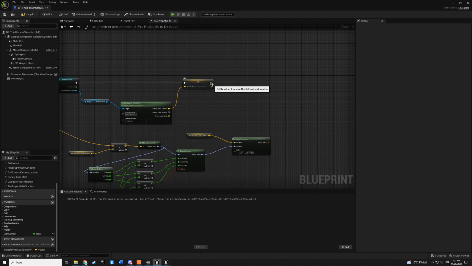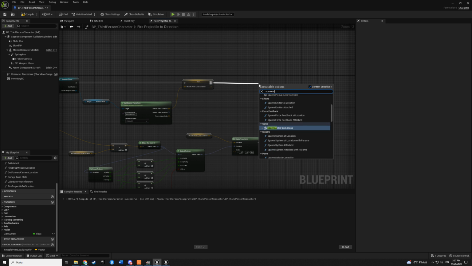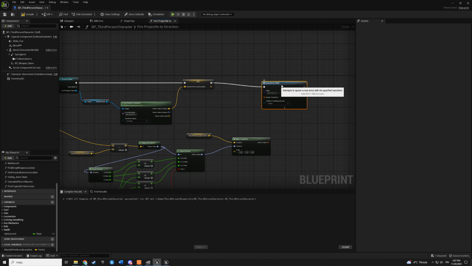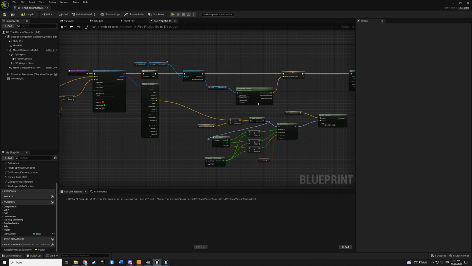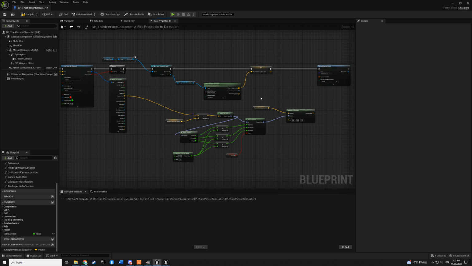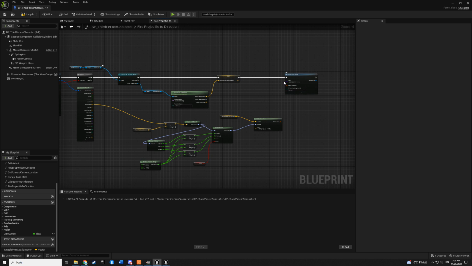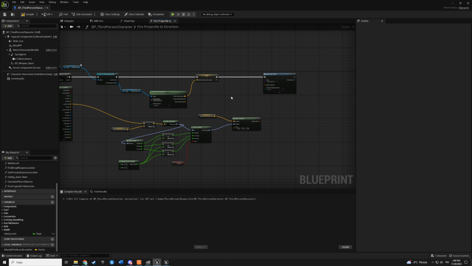So what we could do, we could spawn actor from class. And I can show later how to do it completely multiplayer, but we are spawning that projectile only locally, and only the hit result will be on the server side.